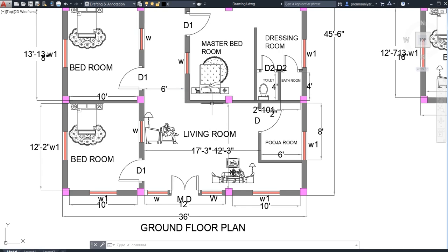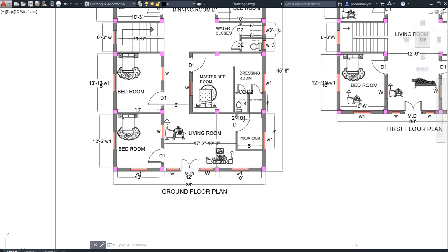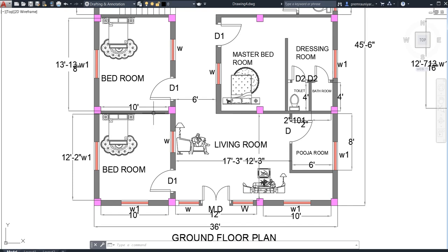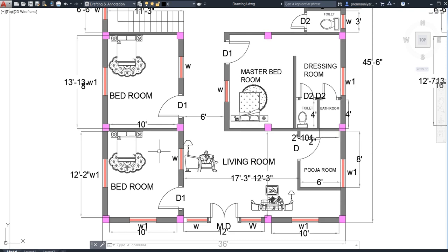This is the one brick thickness and this will be the two brick thickness. You may wonder where to keep one brick and where to keep two bricks. Generally, inside the room you need to take one brick. That will be enough, because there will not be a lot of load.